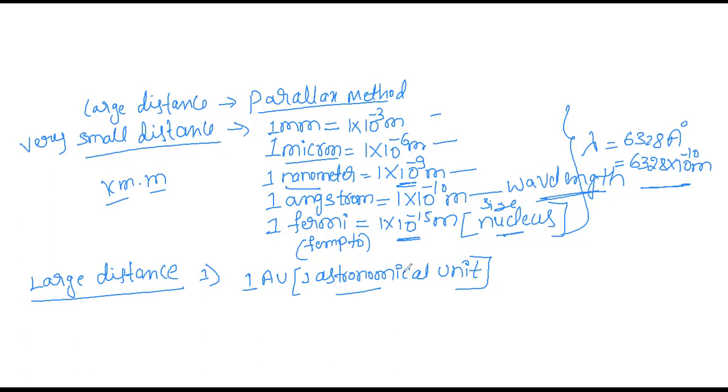Astro means space. Whatever we see in the sky, to measure how far the stars and planets are, in order to measure large distances, like the distance between the earth and a planet, for example Venus. Venus is a planet. In order to find the distance between the earth and Venus, we use some units. Under that, the first one is the astronomical unit. What is an astronomical unit? 1 AU is the distance between the sun and the earth.